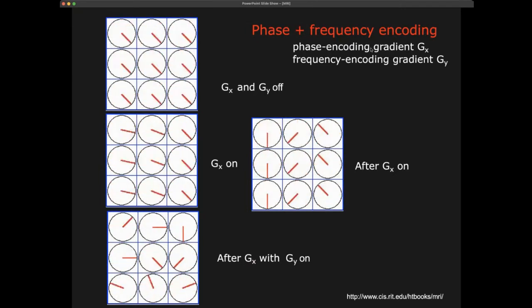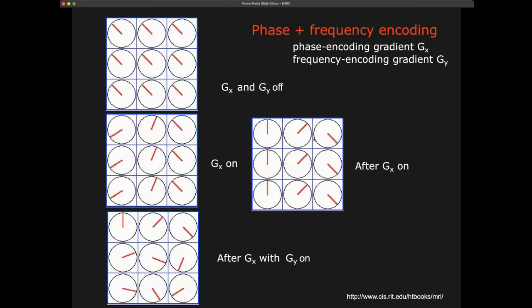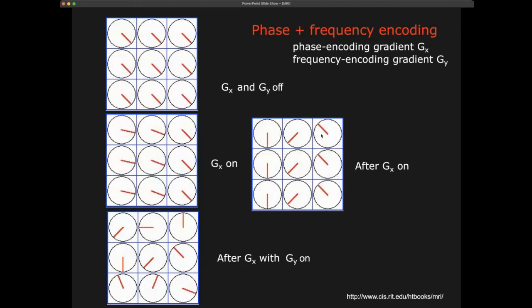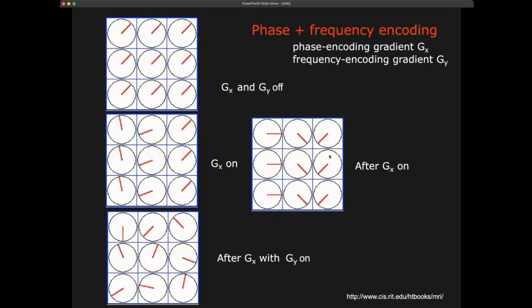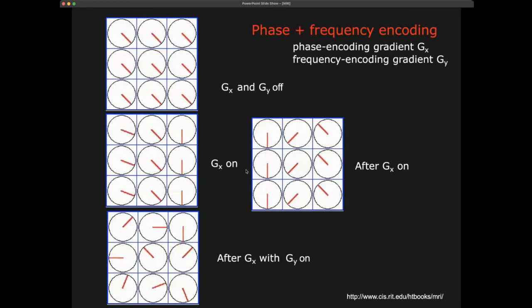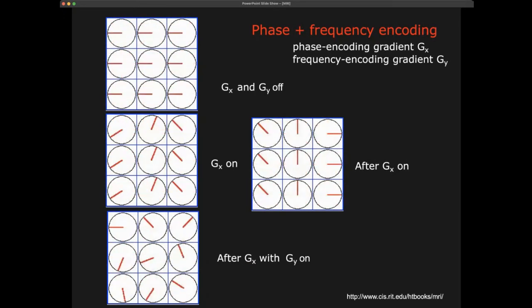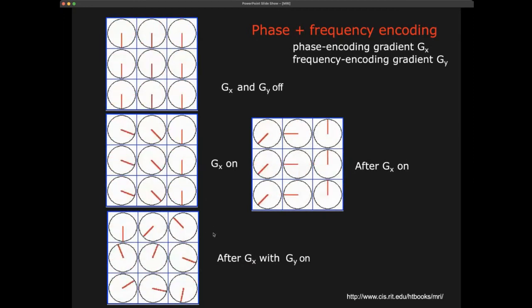I put on a gradient in the X direction, and for a short period I come to a situation where they all go with the same frequency but with a different phase, and the phase will depend on the X position. If I now switch on a gradient in the Y direction,